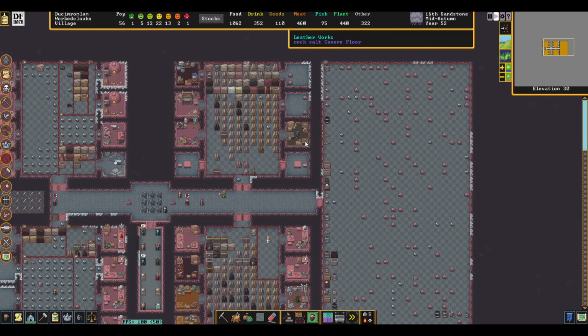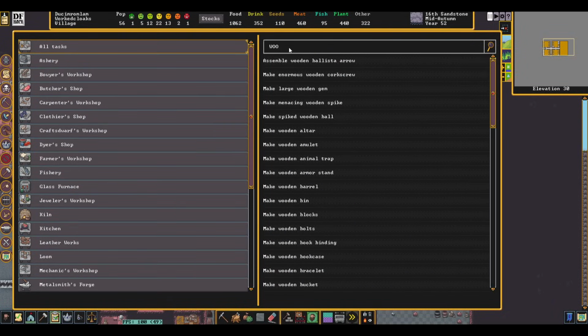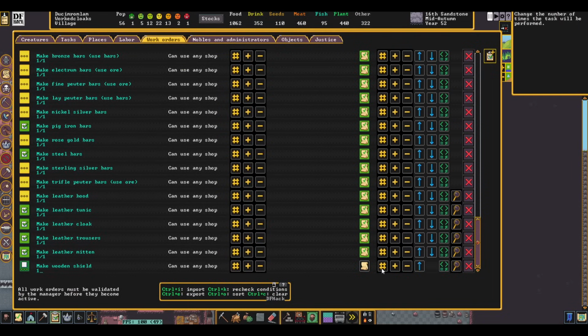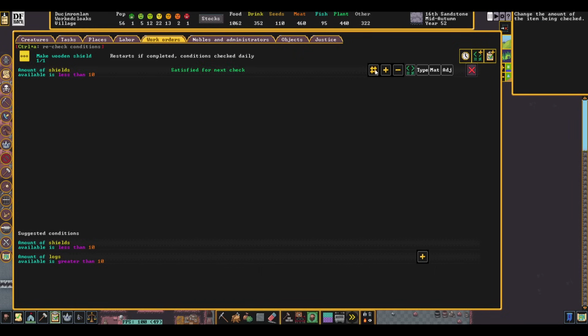What we don't have yet is a job in our orders for our shields, so we're going to go ahead and do that now. So what we want is wooden shields. I guess it's wooden shield. There it is. Wooden shield. Scroll down to the bottom. Make one per day. And if amount of shields is...